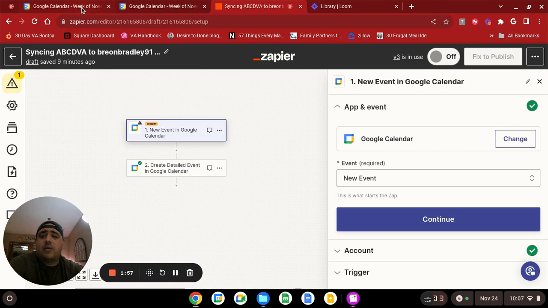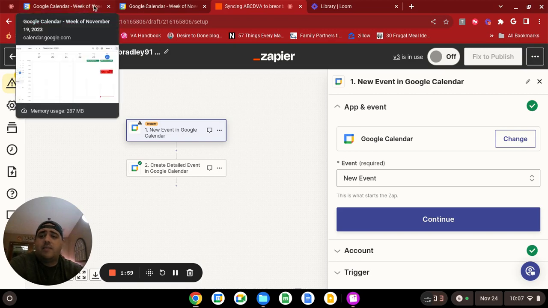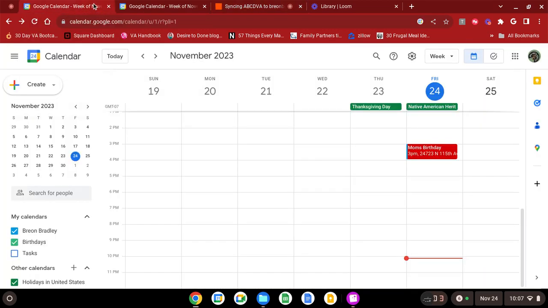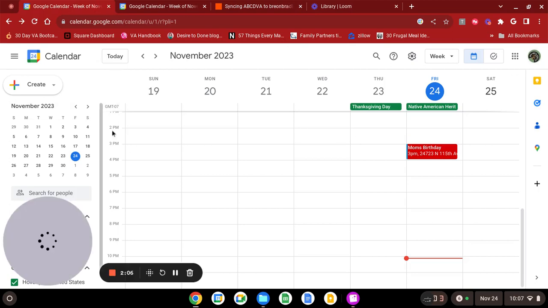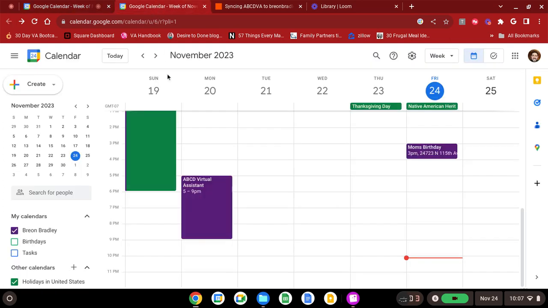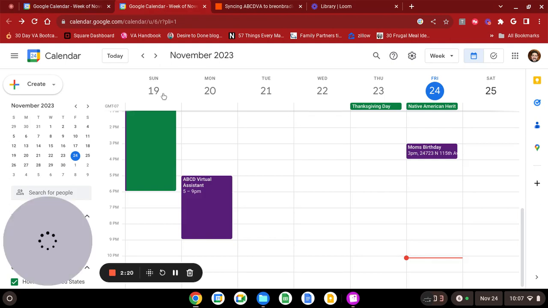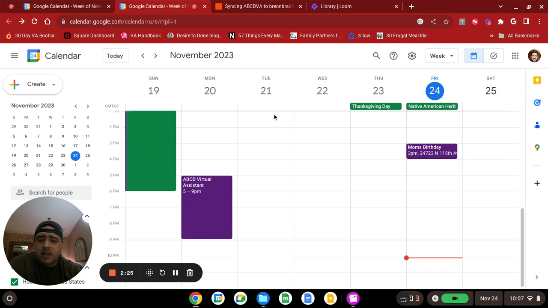The best way I can show that right now is if we look right here at the top, I have 2 different calendars. Our first calendar here is going to be my virtual assistant calendar. I have everything selected right now, but if we look over here in the corner, it's my virtual assistant calendar. And then we hop over here into this calendar, which is just a personal calendar that I threw together. But you can see it's a whole different calendar that I have selected right here. So the only thing that's the same so far between these calendars is that it's my mom's birthday today,